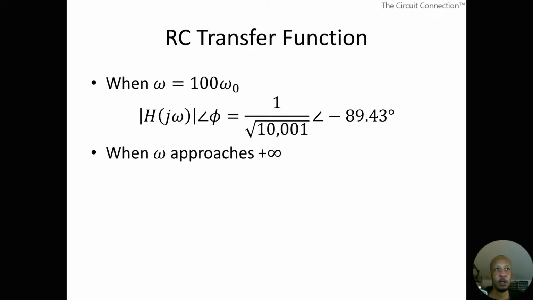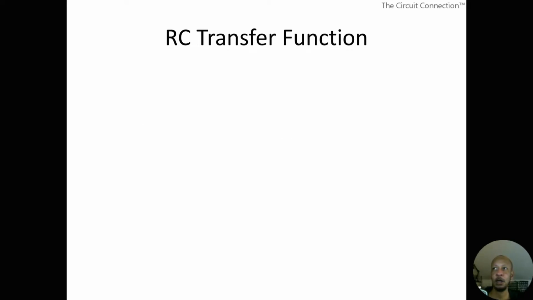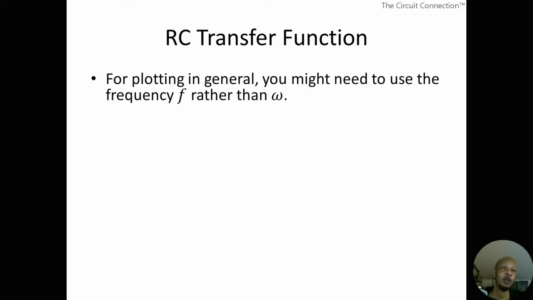Then when W approaches infinity, like I just said, you're going to get to 0 at an angle of negative 90 degrees for your transfer function, or rather, it is your transfer function in phasor form. Okay, so for plotting in general, you might need to use